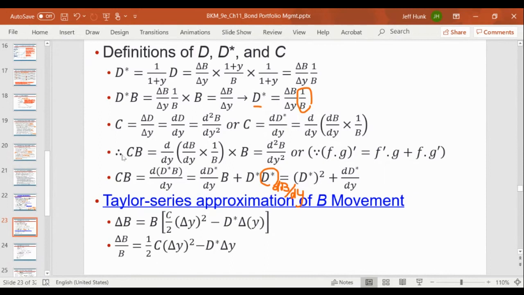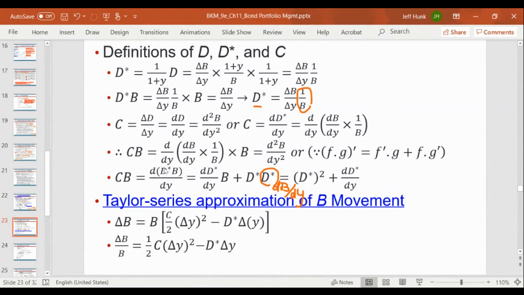So the idea is to cancel out that term. But this cannot be directly canceled out because it's part of the modified duration. But on both sides we have to multiply by B, and then our next question is, how do we